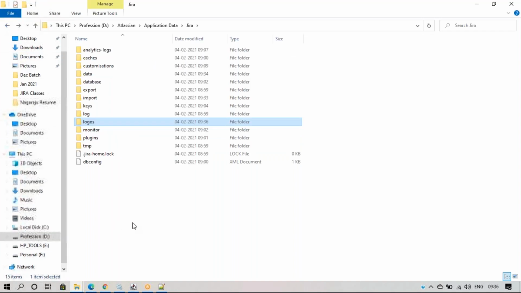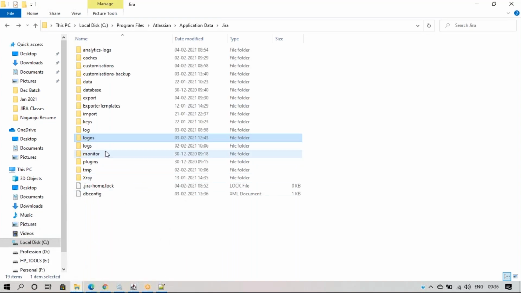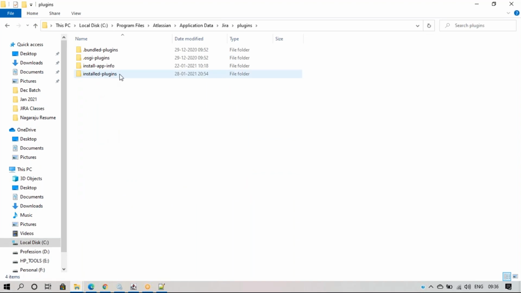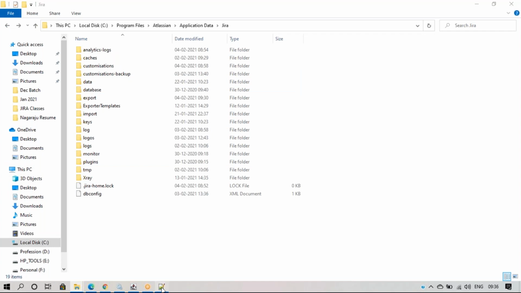Okay, and the next part is important, the plugins. So for plugins, you can move the complete plugins, or else only the installed plugins we have, right? These will come from here; you can copy only this one and move it there, or else you can completely copy this. Same is the next step.